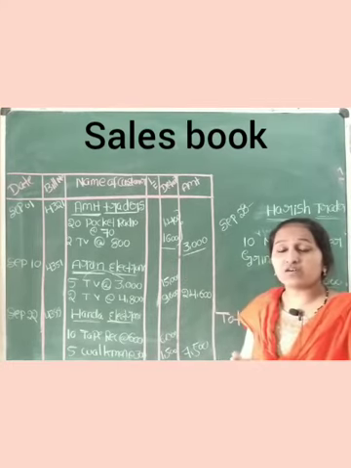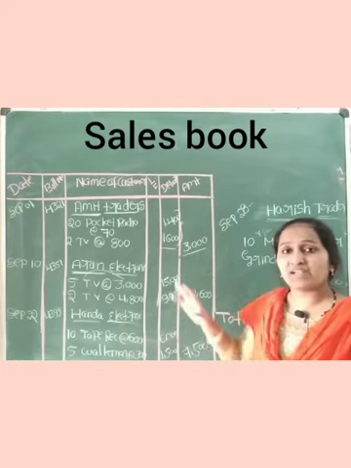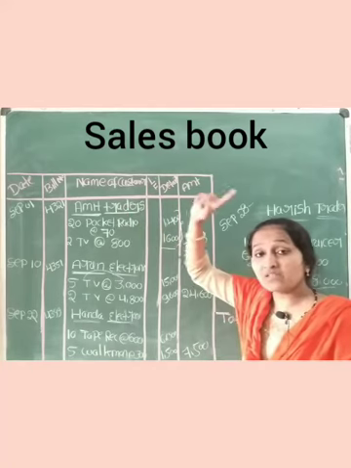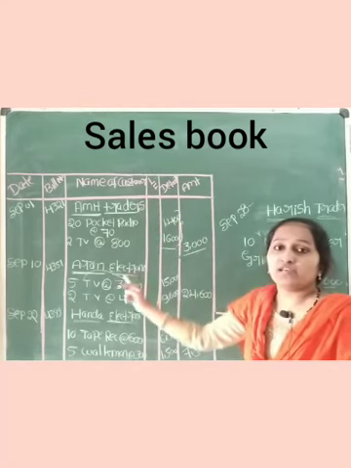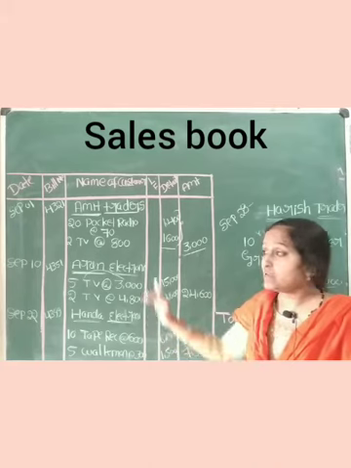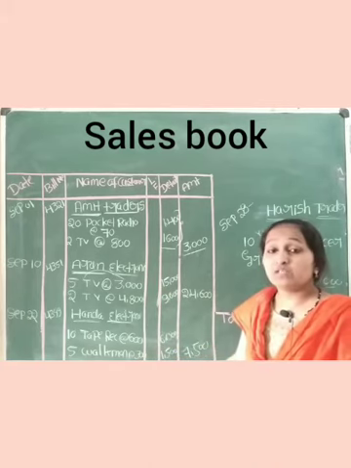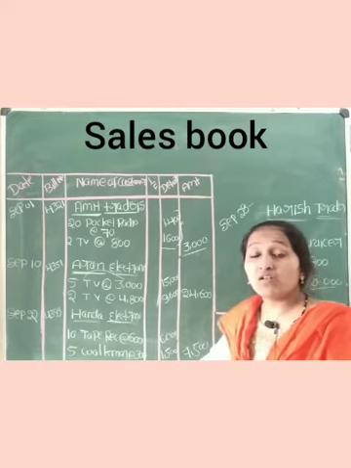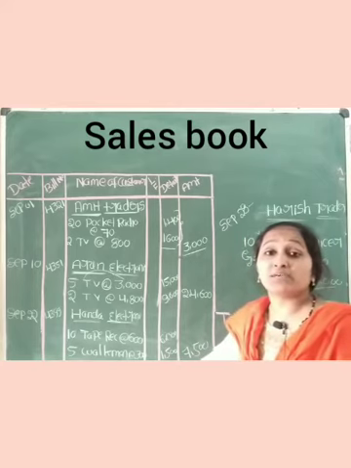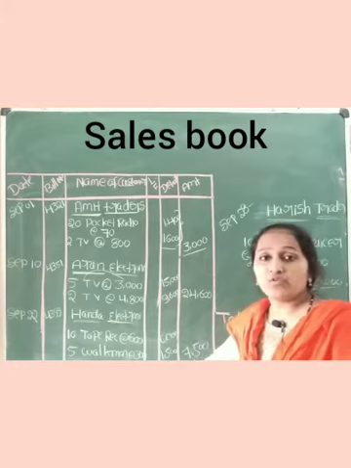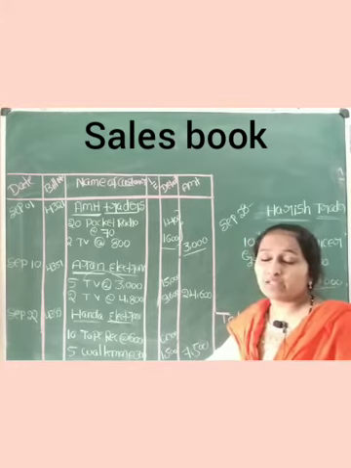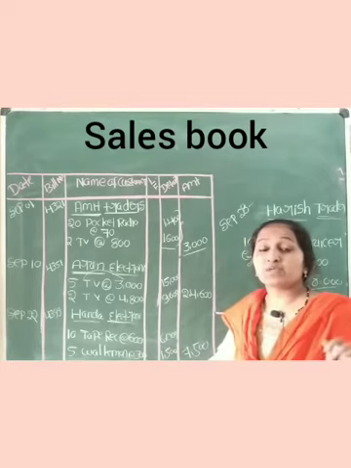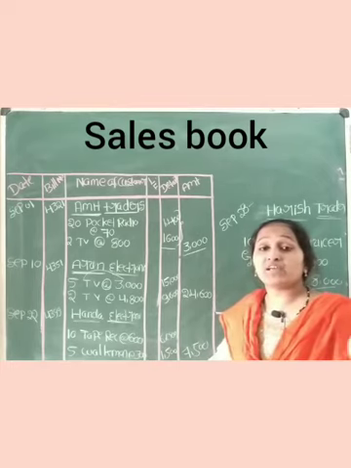The sales book is not much different from the purchase book, so I didn't stress much. Only the content is important. There you wrote the name of supplier, here you write the name of customer. It gives brief, detailed information on whom you have sold goods on credit. At the end of the month you will get one figure showing how much credit sales were made by the company, so you get an accurate result.